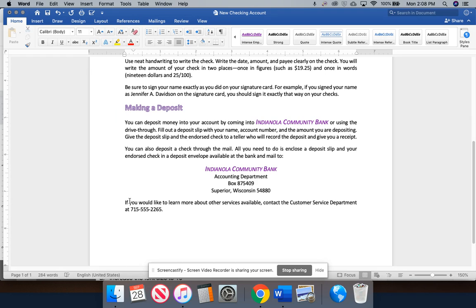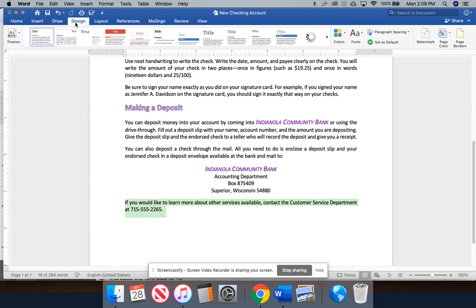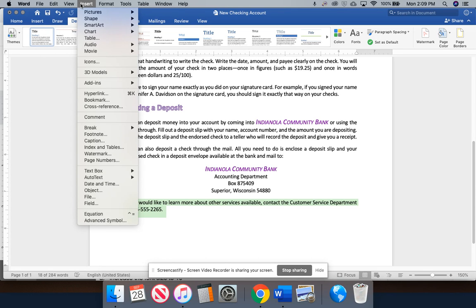We are going to put a border around this important information at the bottom. So we are going to select that, and then we are going to insert a border. So I'm going to go to Insert. And you could insert a border this way. You could also go into Design, and you could choose not page borders, but that's another place that you can insert page borders. If I go into